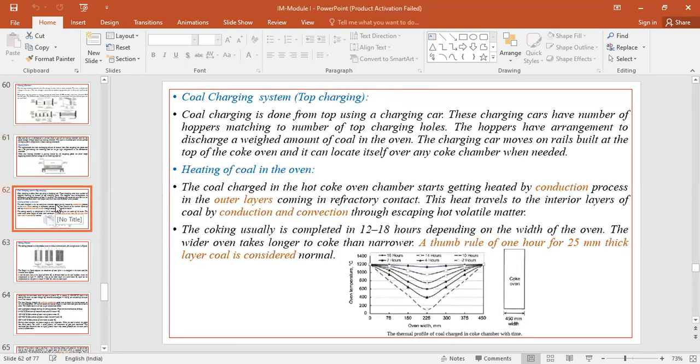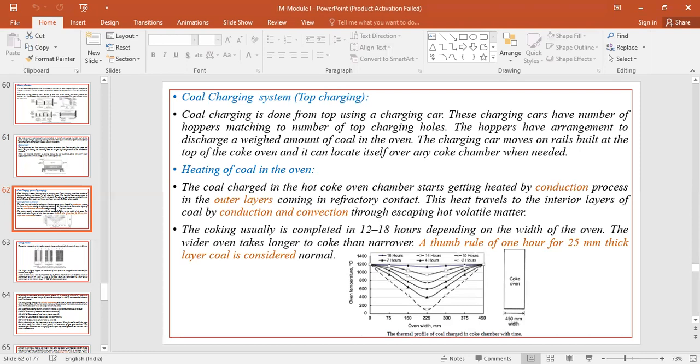See the coal charging system. In the previous class, we saw how the charging of coal happens in the byproduct coke ovens. In non-recovery coke ovens, we used to charge from the front end in a stamped form, whereas in the byproduct coke ovens, the charging of the coal is basically done from the top charging holes. There will be a charging car, which moves from one end to the other end,